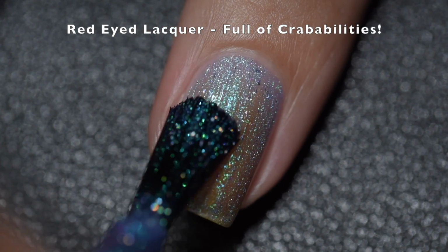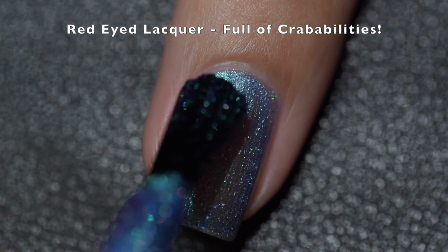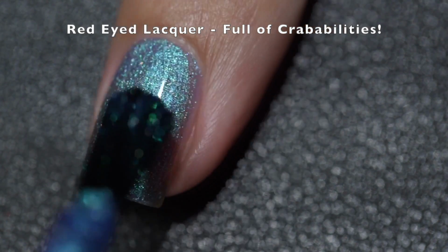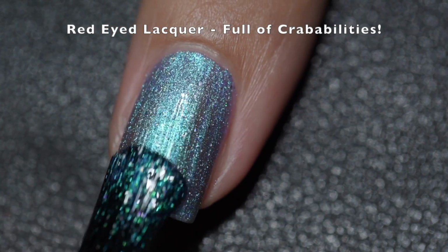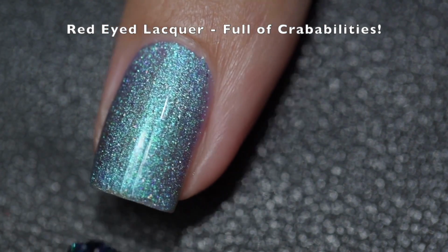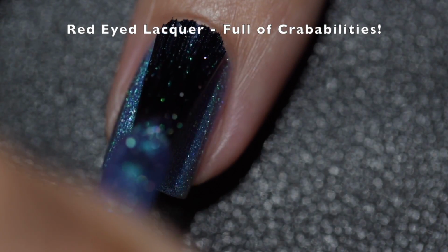This polish had a wonderful formula, no surprise there. Red-Eyed Lacquer never disappoints with her formula. It's always perfect. The application was smooth and easy. Nothing in here is going to dry textured, and nothing in here will give you any kind of difficulty to remove. This polish had an amazing